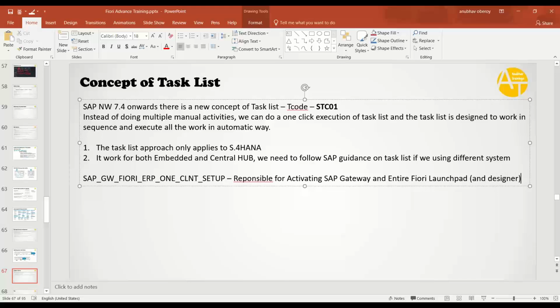So complete Fiori will be deployed. Basically, this is called Fiori deployment. Fiori task list, rapid Fiori deployment. Entire Fiori will be activated. आपका launchpad activate हो जाएगा, launchpad designer activate हो जाएगा. Your services related to launchpad designer like page builder purse, page builder cust, page builder conf, all the ICF nodes,